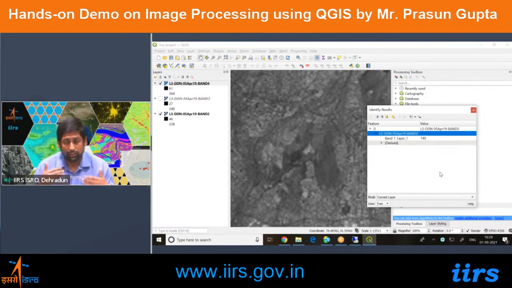But in a false color composite, you show the NIR band, that is band 4, with red color, the red band with green color, and the green band with blue color. It may sound confusing, but you will get a hang of it as soon as you start doing these. Okay, one more thing I wanted to tell you here